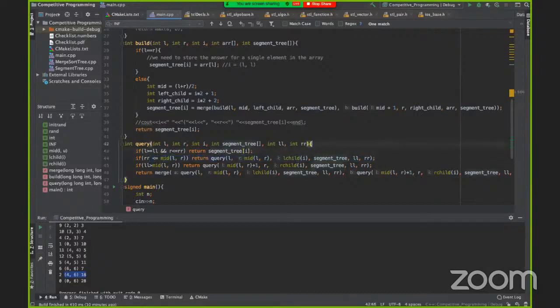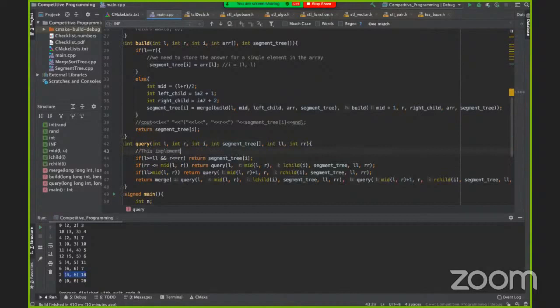And the advantage is this implementation will never lead you to a situation where the node range and query range are completely disjoint. There will always be some overlap with the node range and the query range.